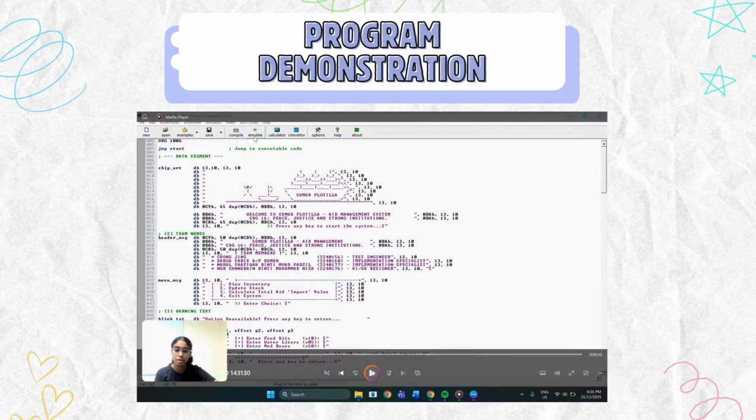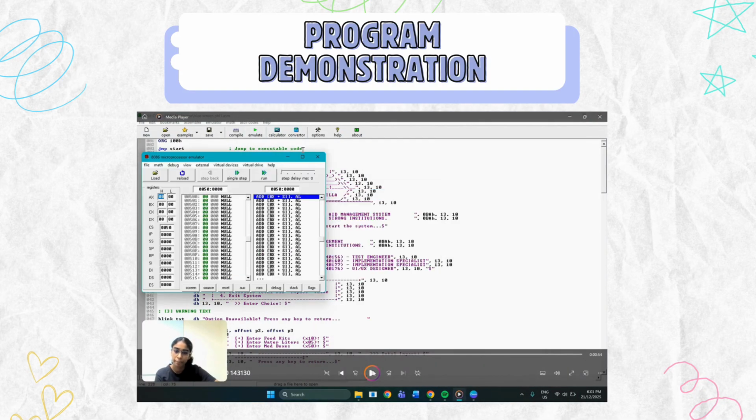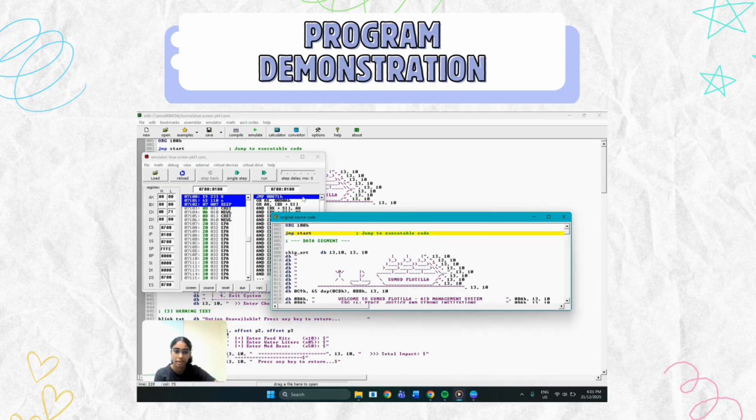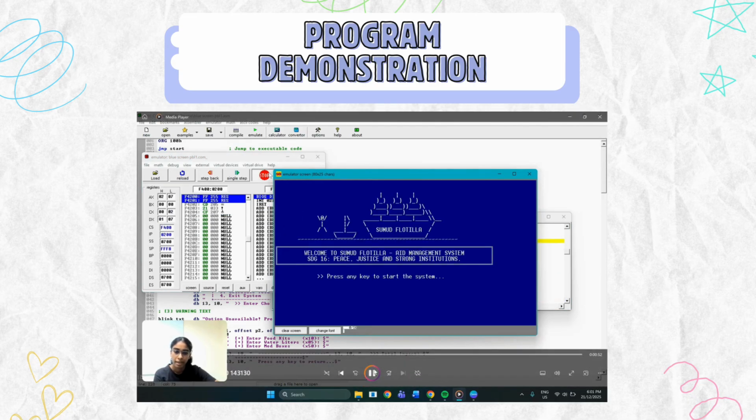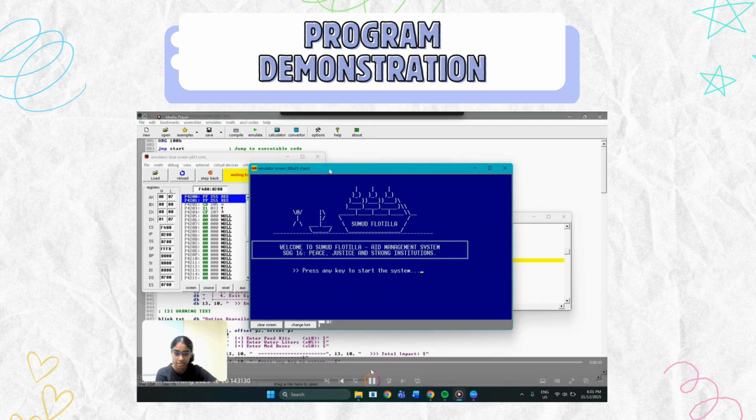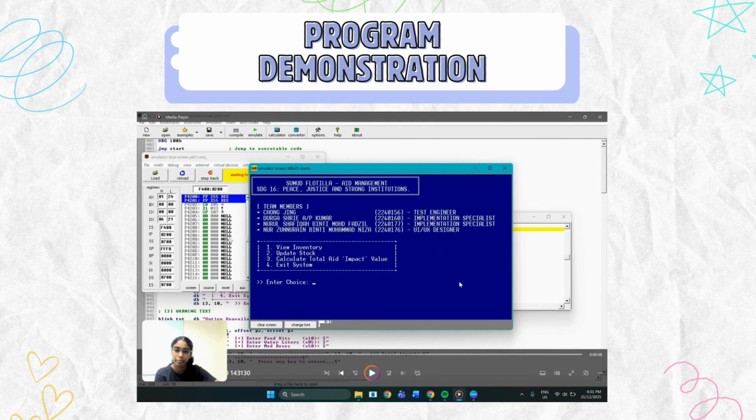This is going to be the program's demonstration. First, once we've clicked on emulate, we will press on run. And then later we will be shown a display of a blue screen along with our ASCII art of a Summit Flotilla with a boat, a ship and a human, with a welcome text of Summit Flotilla 8 management system with its SDG 16. Once you press any key to start the system, we will enter into the main menu navigation,